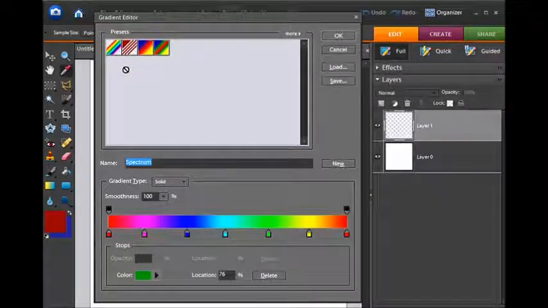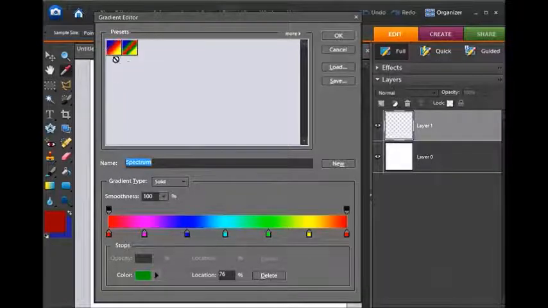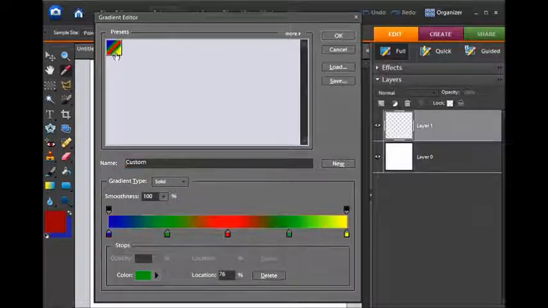as you notice right now, I am actually deleting the default gradients out of here, and it's scary because you think that I might be permanently deleting those. Well, I'm not going to be permanently deleting those until I would save over them, and so don't be too scared about doing that. Now I have my brand new gradient here all by itself, and I can click